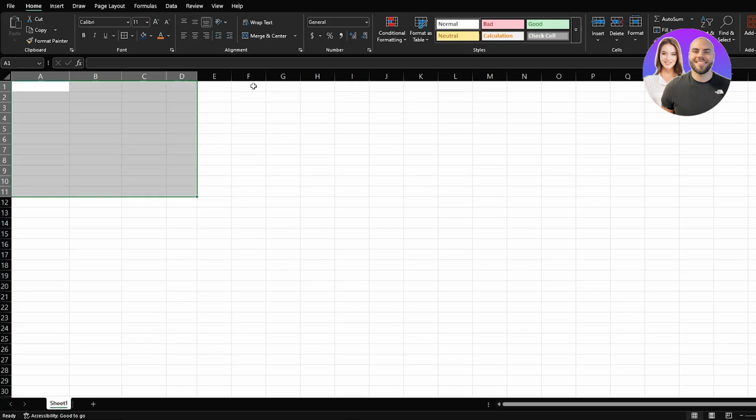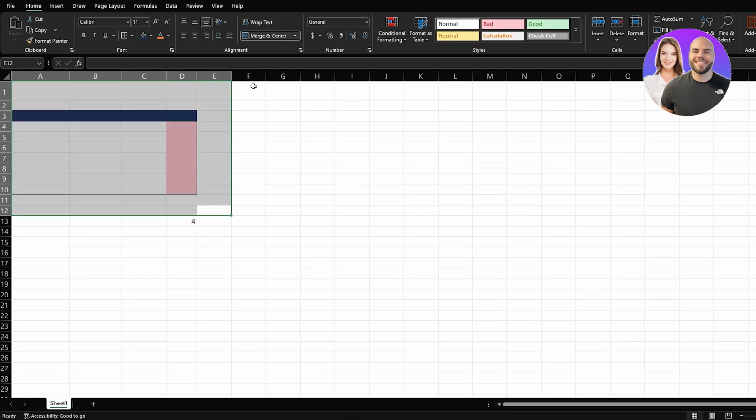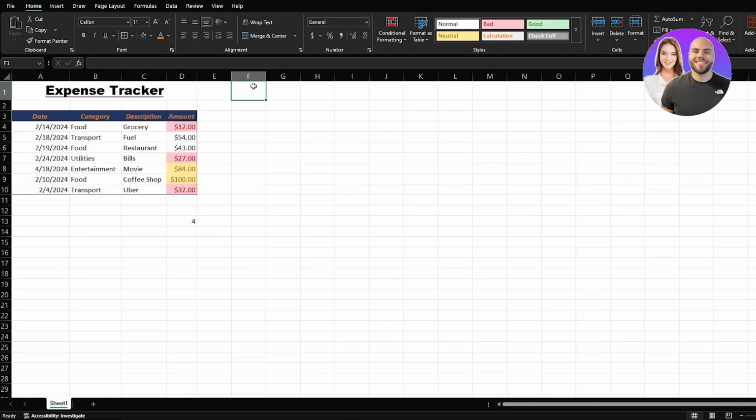Now, we're going to go ahead and keep it like this. We're going to come to F, and let's say in cell F1, we're going to write in 10. We're going to click on enter. Once we've done that, we're going to come to F2 and write in 20. F3, write 30. And once we've done that, in F4, we're going to write is equals to, and we're going to write F1,